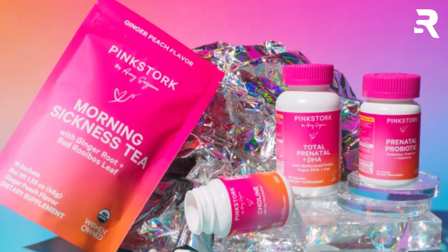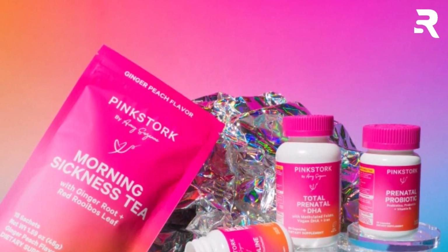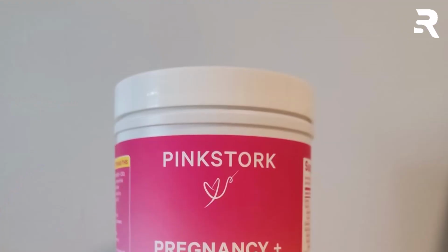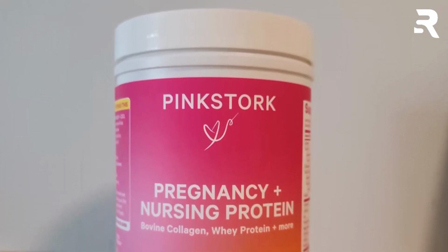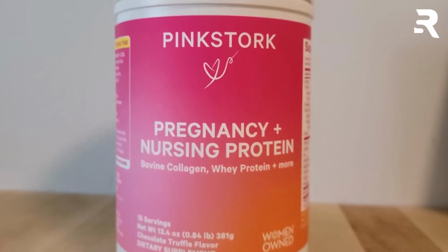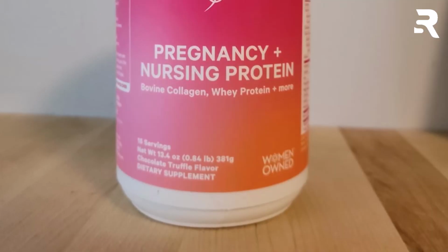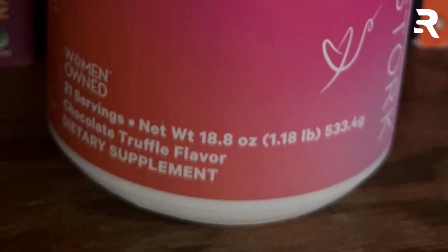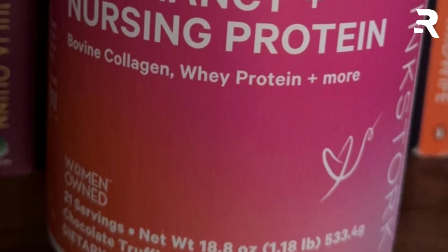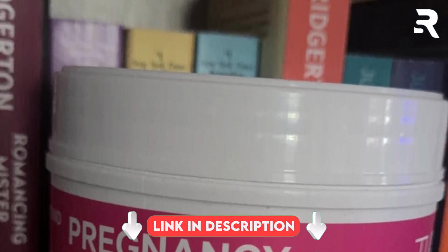The rich chocolate truffle flavor makes it a tasty and indulgent way to meet increased protein requirements that naturally rise throughout pregnancy and breastfeeding. Collagen inclusion also contributes to skin elasticity, hair, and nail health, which are often concerns during and after pregnancy. Free from GMOs, gluten, wheat, and soy, and formulated by a female-led team of experts, Pink Stork Protein Powder emphasizes clean, reliable nutrition with third-party testing to ensure safety and efficacy. Its versatility extends beyond shakes. It blends well into lactation cookies, energy oats, smoothies, and even milkshakes,